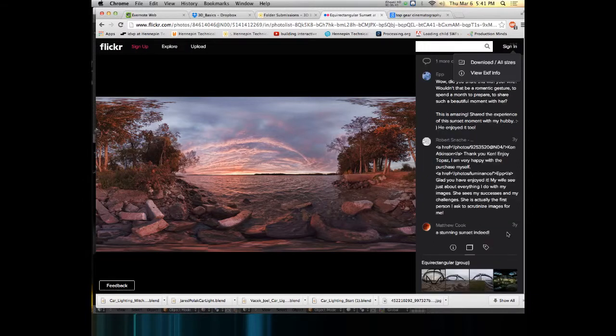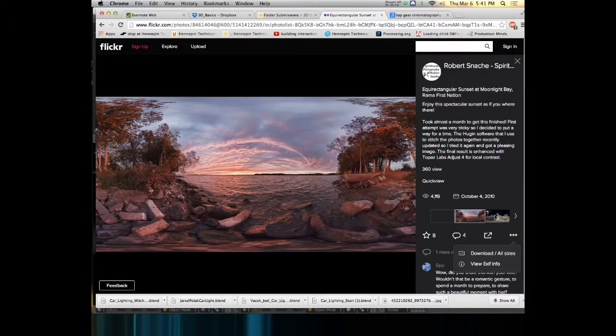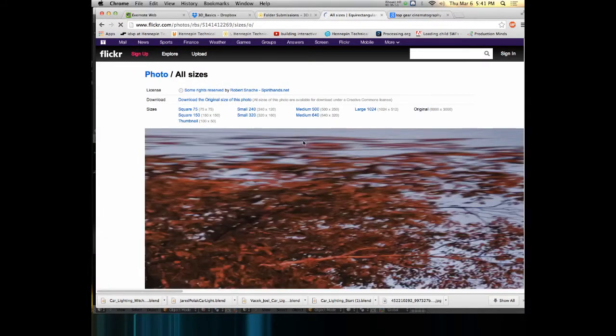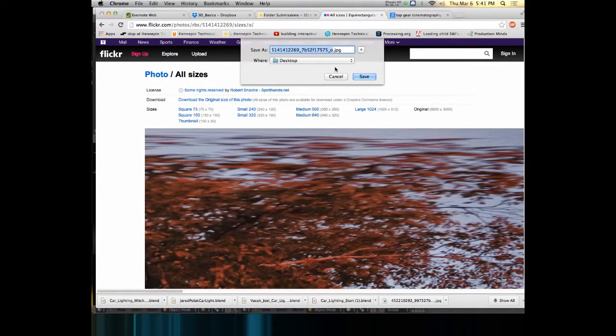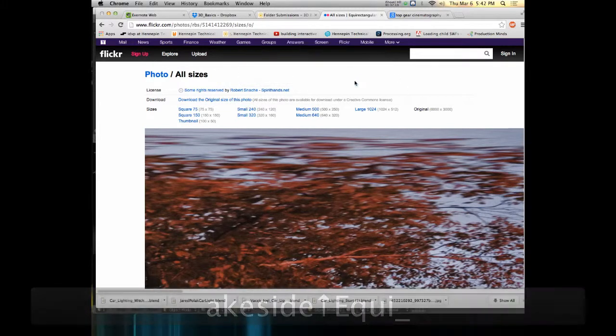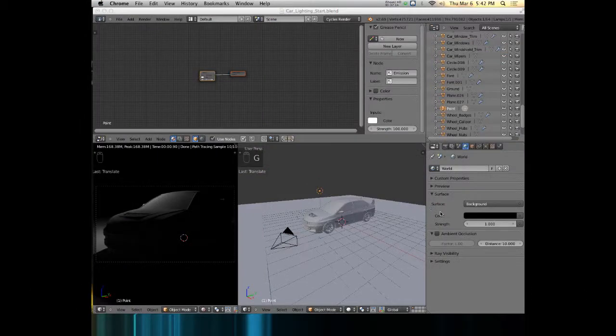and I will, oops, where'd it go? Download all sizes. Ooh, that's a big image. Choose the original and save the image as, we'll call it Lakeside. Actually, we'll call it _Lakeside, and I'll save it to my desktop. Okay, now that I've got that downloaded,